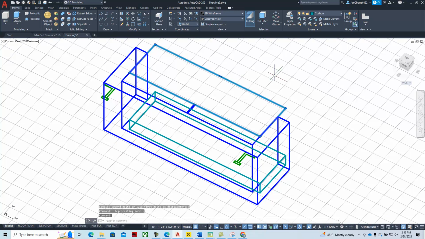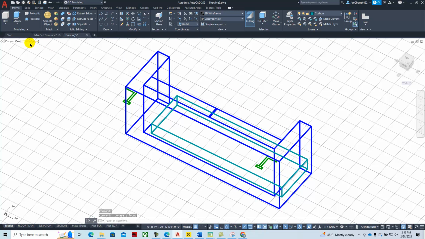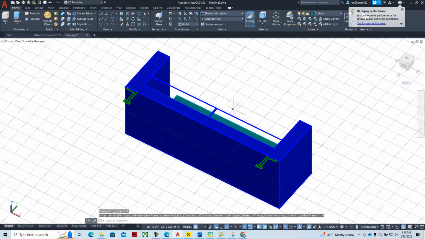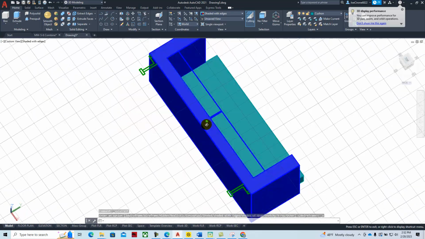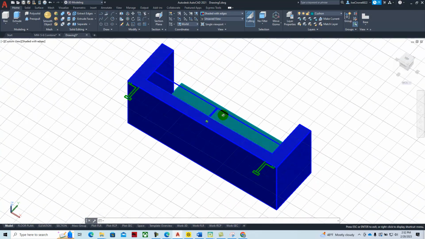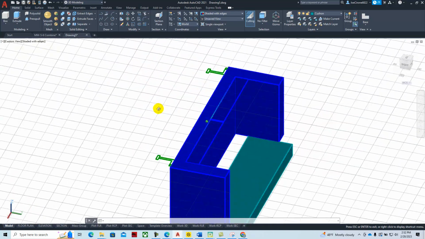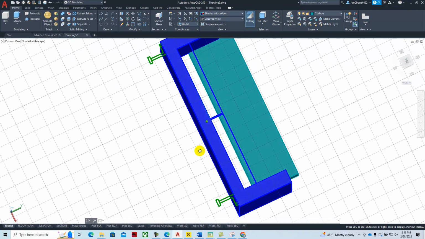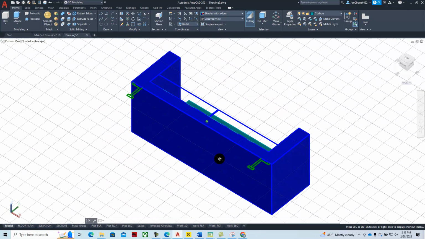We can delete out that rectangle, and if we look at it with the visual style, we can start to see it taking shape. So we need to model the cushions, and we'll bring those down, and I think I should have probably modeled that all the way to the back of it. And so what I'm going to do here